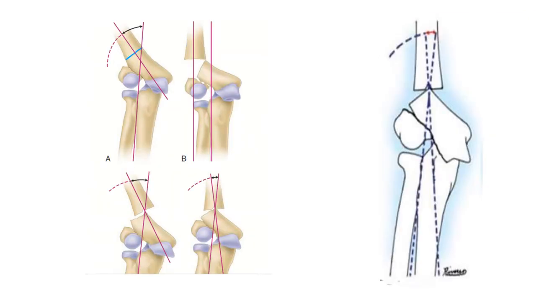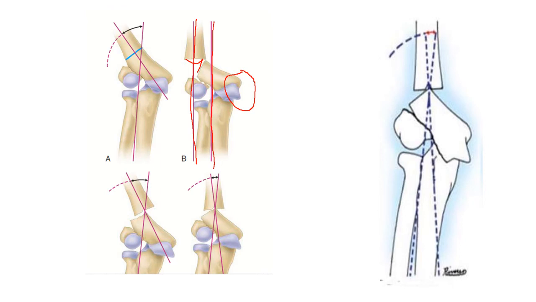Now, whenever you are doing a corrective osteotomy, you can't do an open or a closed wedge osteotomy here because of the problems about axis malalignment. If you can see in this picture, if you do just an open wedge osteotomy, the axis of the humerus and the axis of the forearm will change. You can't just open this wedge. Also, you will make the medial epicondyle more prominent than what it was before.